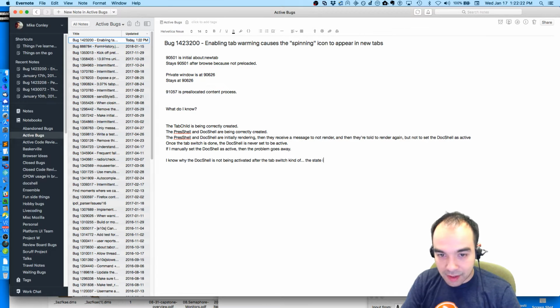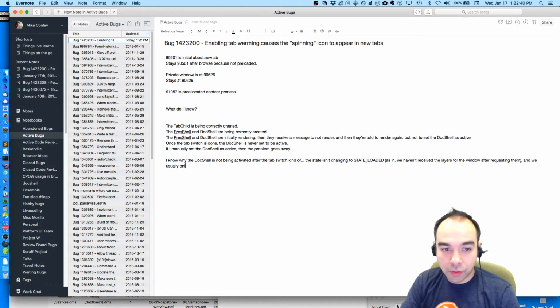The state isn't changing to state loaded, as in we haven't received the layers for the window after requesting them, and we usually only activate the doc shell when warming once the layers have been made available.